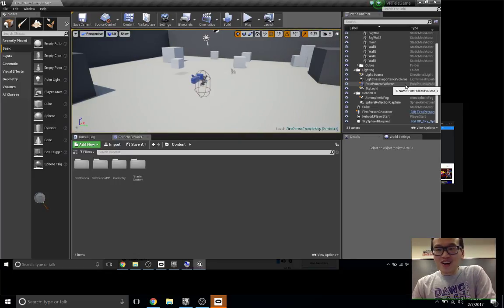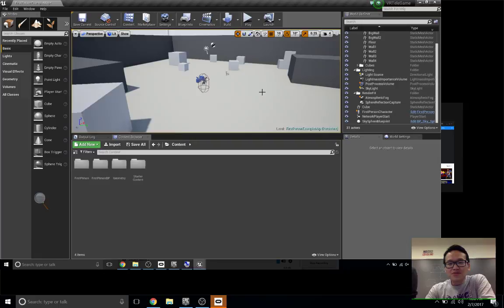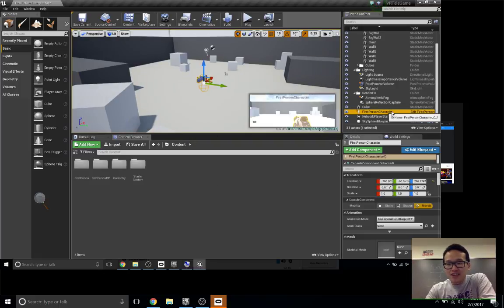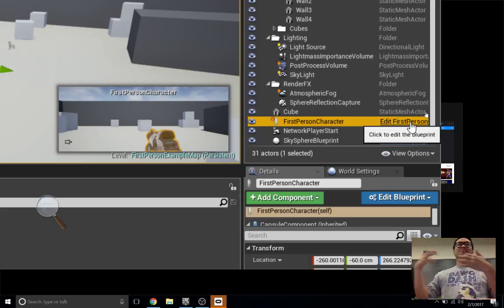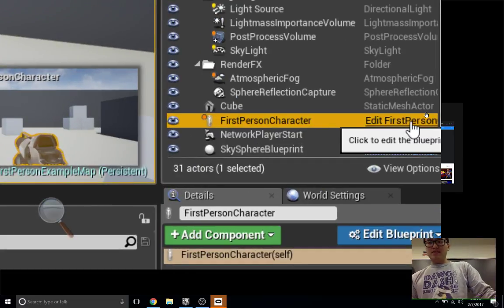Okay, so that is every single object inside a scene. What we're going to be doing today is, we're actually not editing the first person character, but I'm going to dive into it a little bit to explain how its blueprint works. This is a template that the first person game creates when we select it for a new project. It's called a blueprint for the first person character.